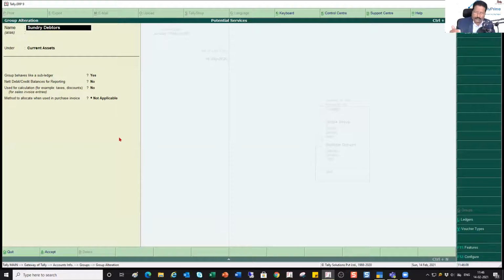So the total of all those advances in your group summary report is going to display as a credit amount. Now, when you are doing an analysis of the receivable aspect in your organization, it is now going to show you sundry debtors debit total and credit total, right?